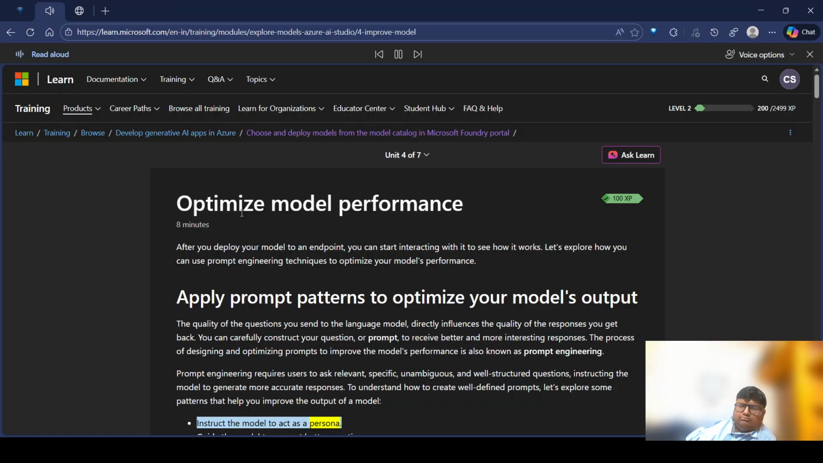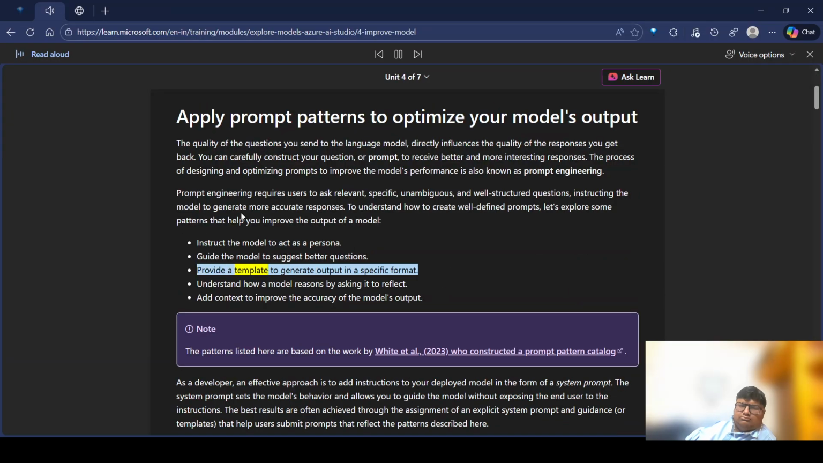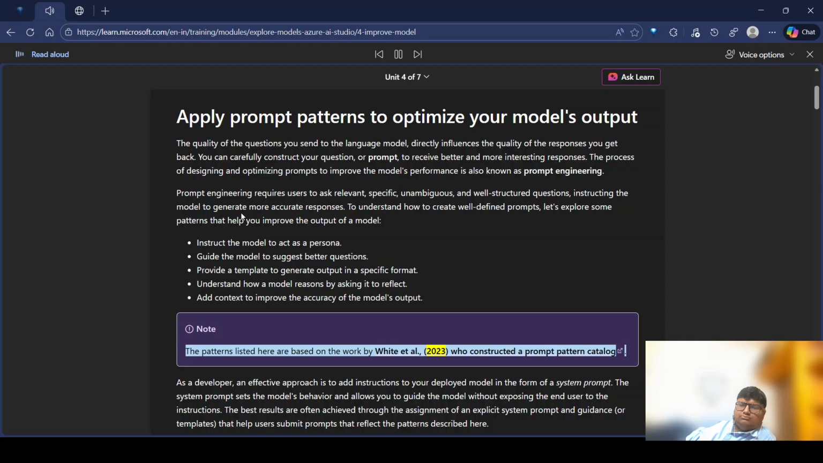Instruct the model to act as a persona. Guide the model to suggest better questions. Provide a template to generate output in a specific format. Understand how a model reasons by asking it to reflect. Add context to improve the accuracy of the model's output. Note: the patterns listed here are based on the work by White et al., 2023, who constructed a prompt pattern